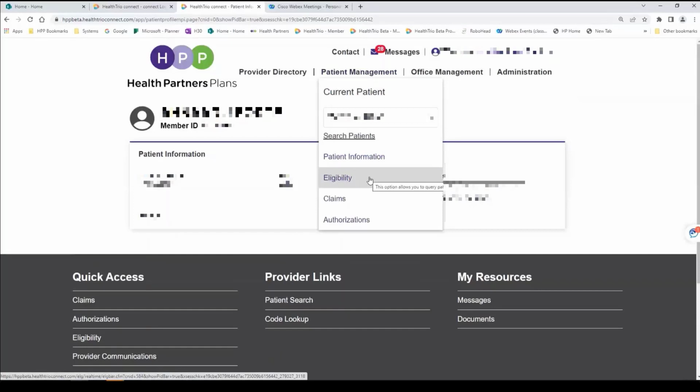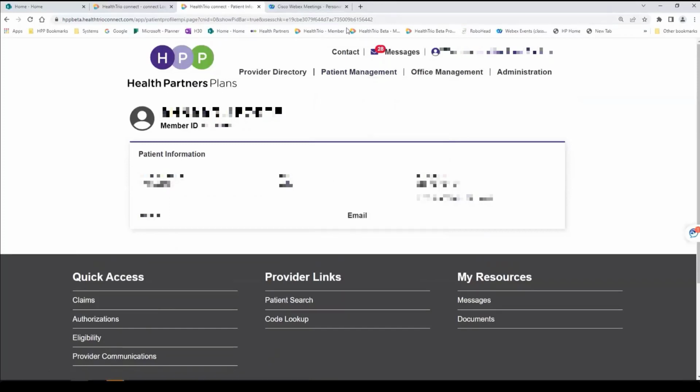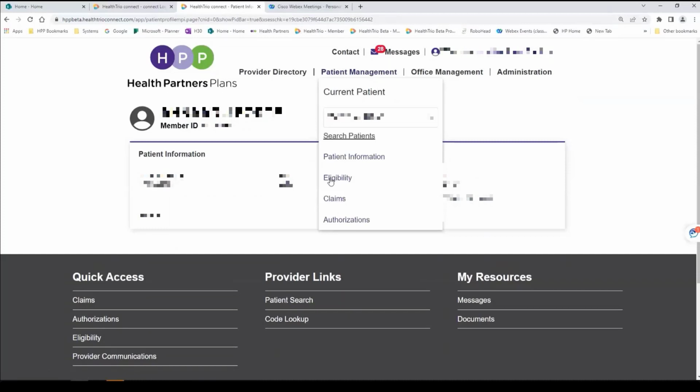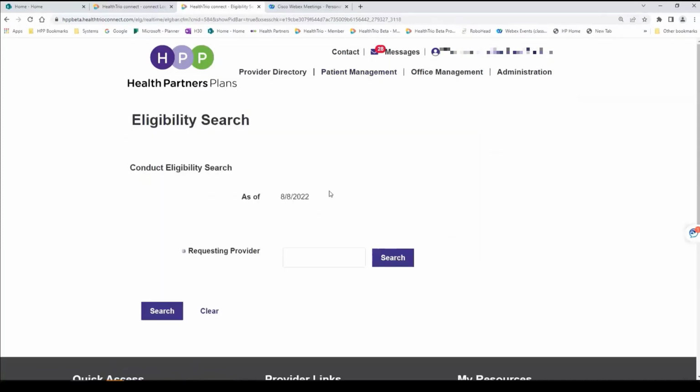So it's a bit of a shortcut because they've already been in a previous search. When you find the name from the drop-down, it gives you these options for eligibility, etc. Now I would like to show you what happens when I select the eligibility option. It will take you to the requesting provider search. If you notice, it bypasses inserting the patient information on this screen and goes right to the requesting provider information. So then you plug that information in and select search